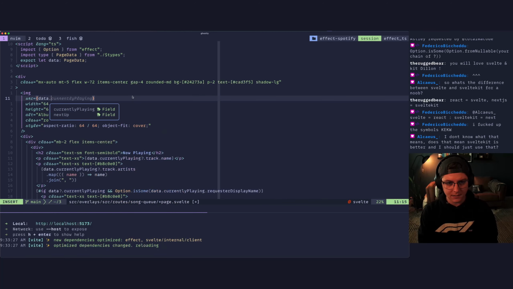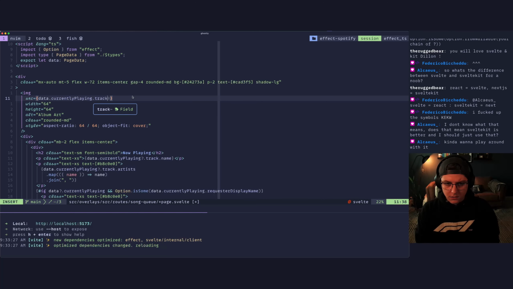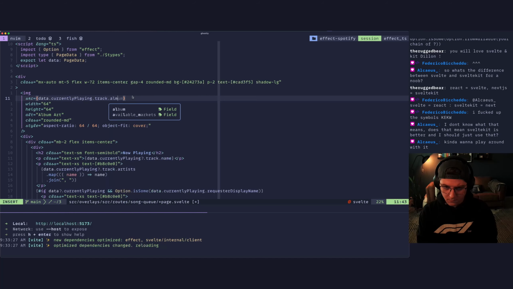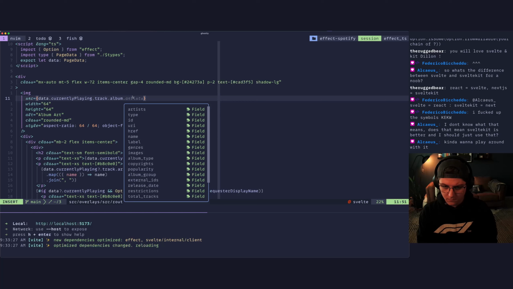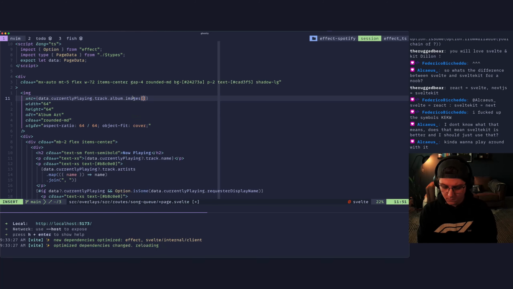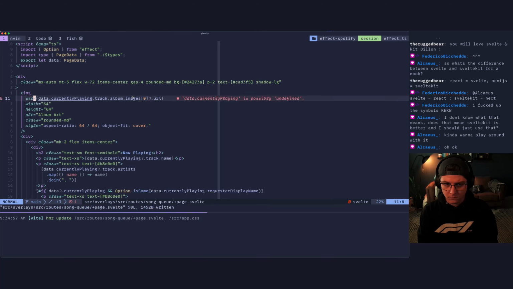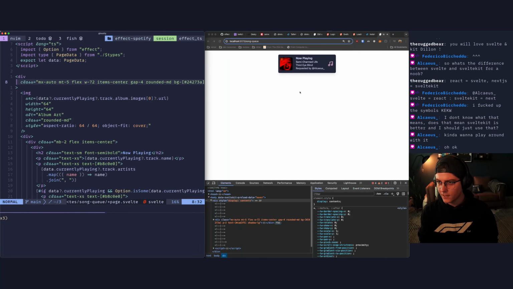Next.js adds server capabilities to React. Track dot... Hey, check that out.